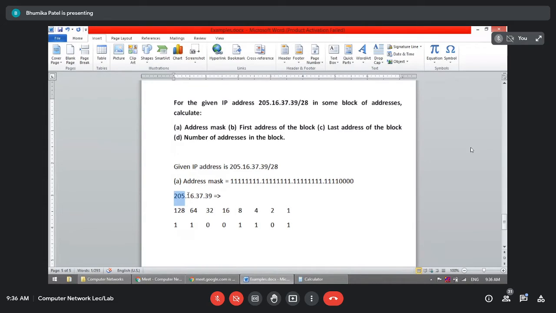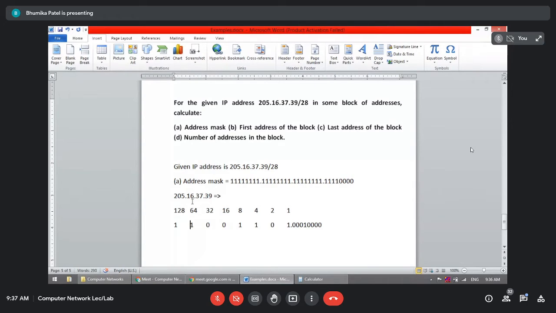So this is how you can convert the remaining numbers. For the 16, definitely you are going to put 1 for the 16th bit. Right? So I'm just writing here 0 0 0. Then for the 16 I'm going to put 1. The remaining will all be 0. Right? I'm just directly putting 1 for the 16, remaining all will be 0.